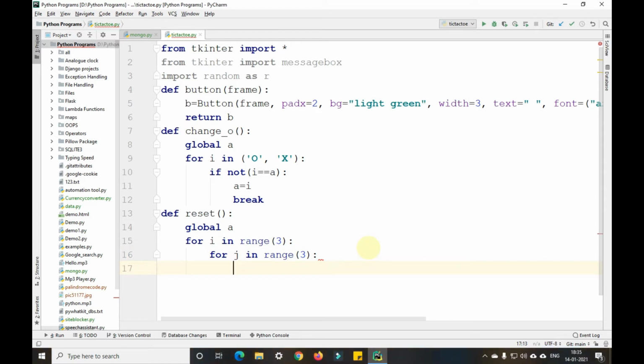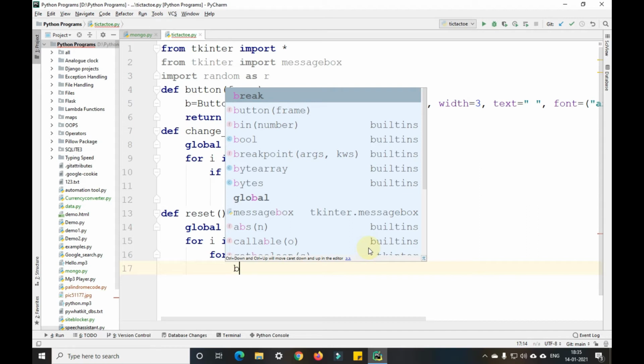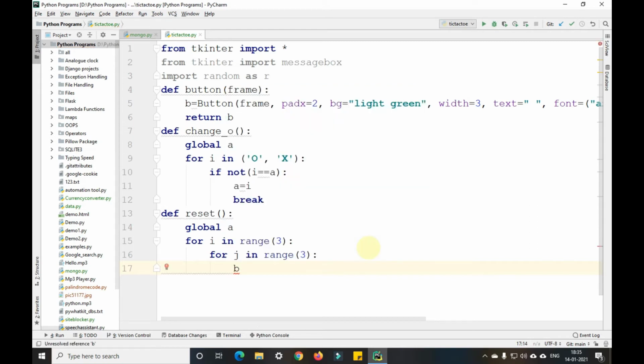Okay guys. So how do I define that? For that I'm taking the variable called b, and I'm taking i in the first one and then j here, b of i j, then followed by that particular text, text equals, we are assigning a space there. Okay guys, similarly I'm taking another one.